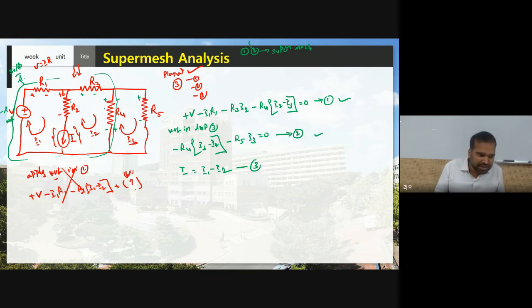Suppose, see here, this I1 current is the same as what? The source current, yes or no? Therefore, I should consider I1 minus I2 equal to I. For example, if the I2 current is the same as the source current, then you should write I2 minus I1 equal to 0. Now, by using equation 1, equation 2, equation 3, you can find I1, I2 and I3 by using what? Cramer's rule. So you know how to find I1 and I2 by using Cramer's rule, right?